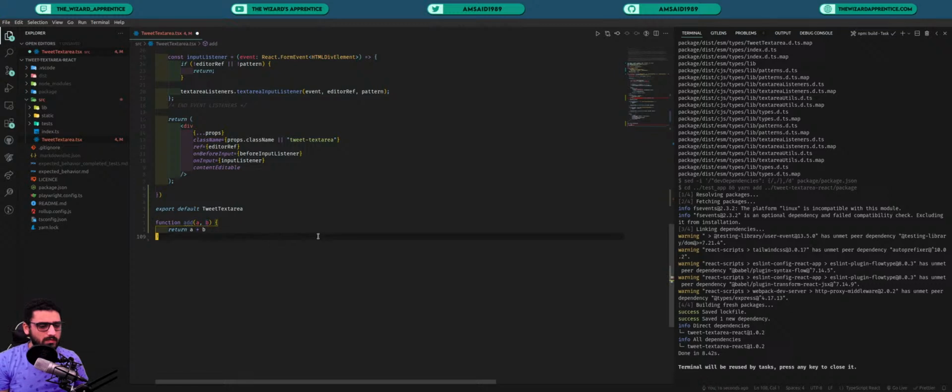But the problem here is basically we have an expectation, like when we create this function, we expect A and B to be two numbers, or maybe two strings, or a string and a number. But with JavaScript, because you don't actually have types, there's no way to actually tell what the type of the argument is that you're supposed to pass to this function. So for instance,